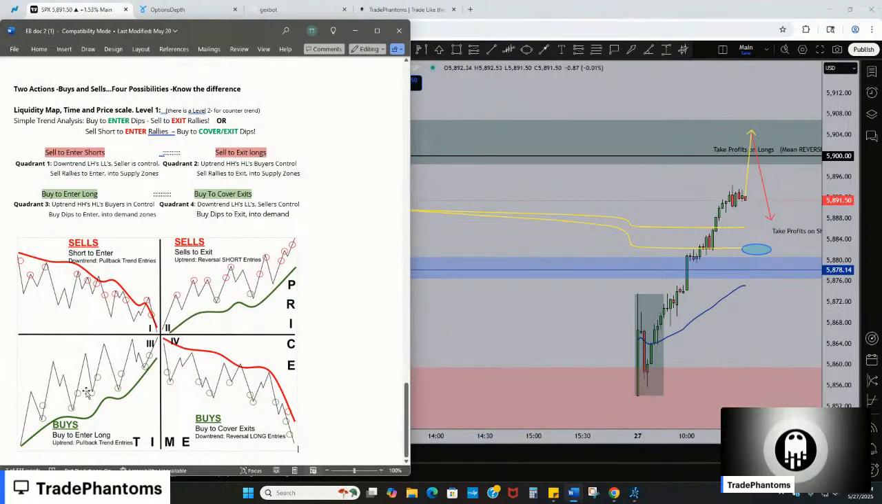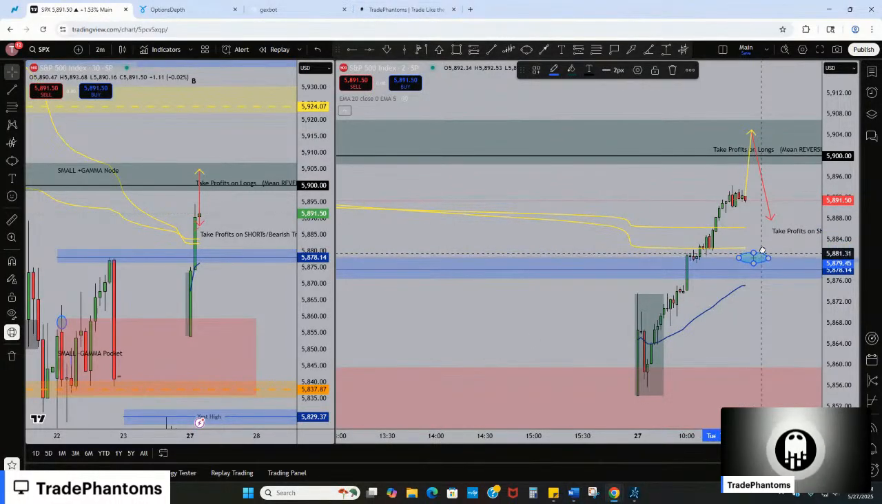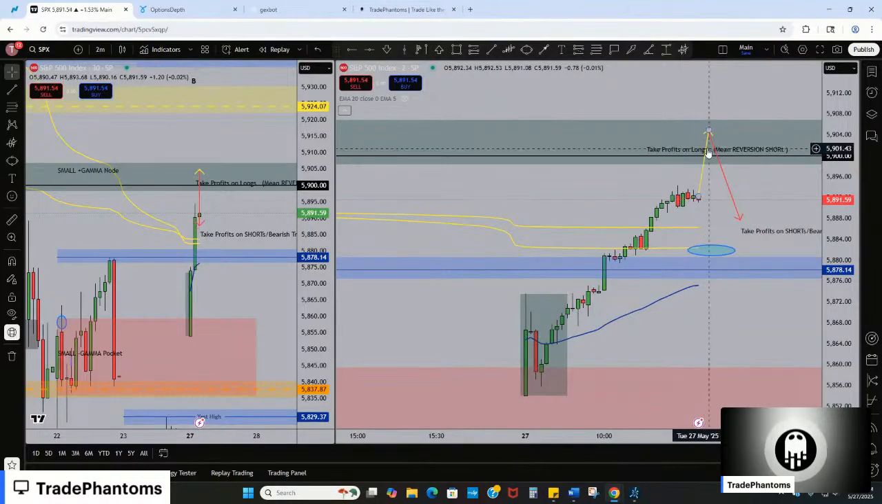Right, so right now we're in quadrant 3 and 2 here on dailies. Now we might get a pullback down first, and this is where if we get a pullback down first,